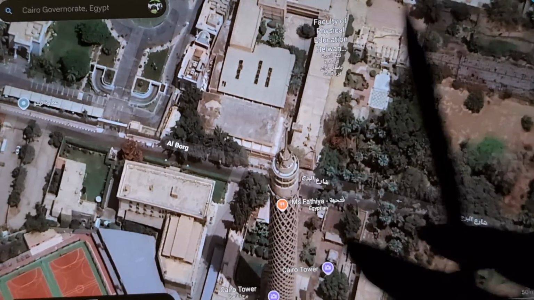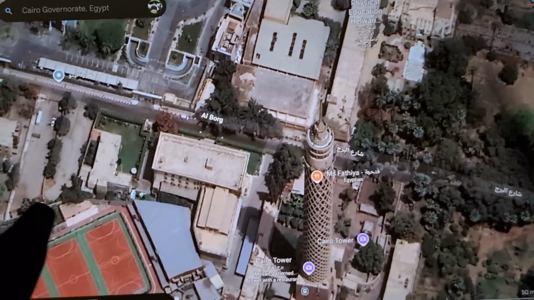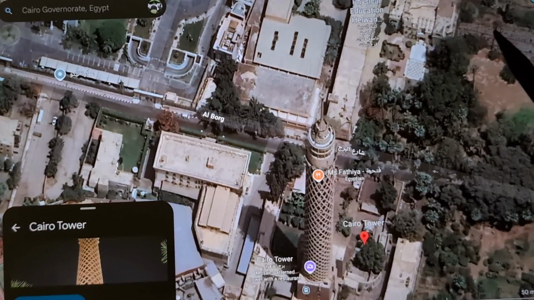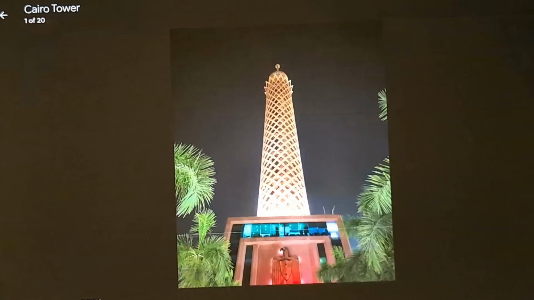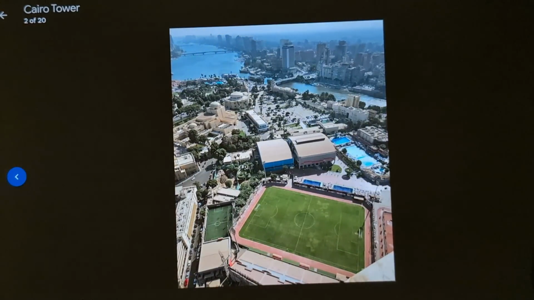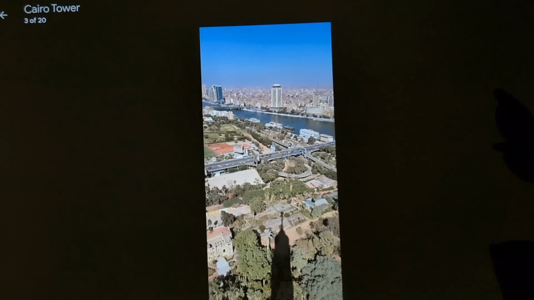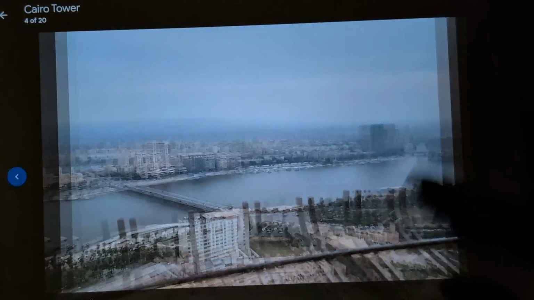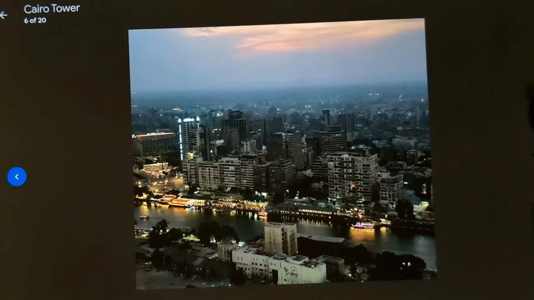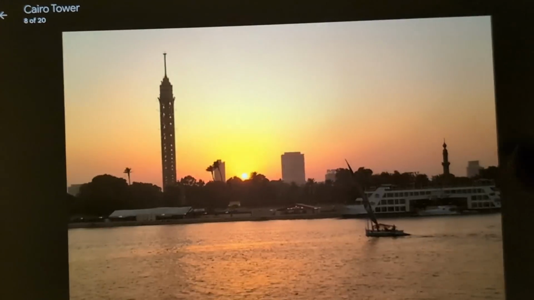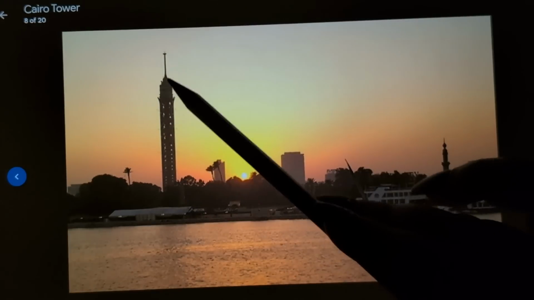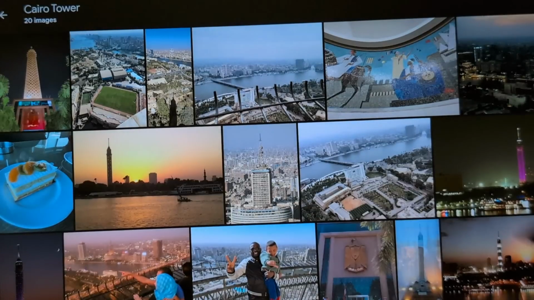Look at its long shadow. Look at this. There's 2 slideshows for Cairo Tower. Look at it. It's like the Eiffel Tower, you guys. It's massive. You can see all of Cairo out there from the view. Beautiful mosaics. Some good food. Look at it. It's huge. Why don't they have it in 3D?